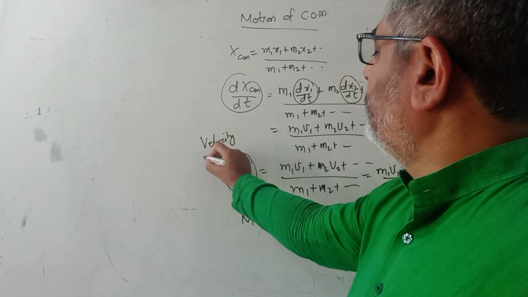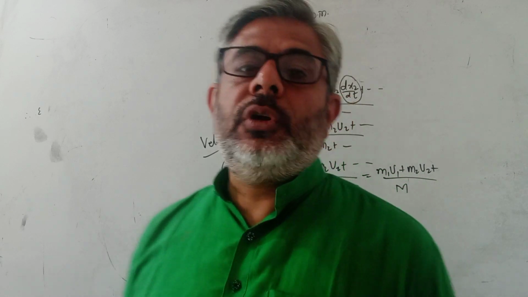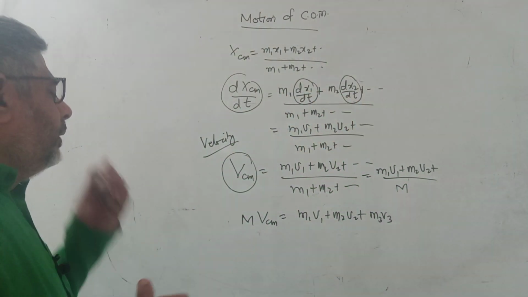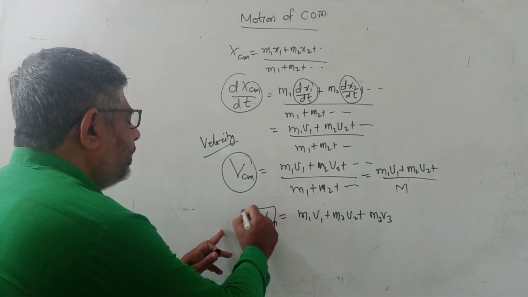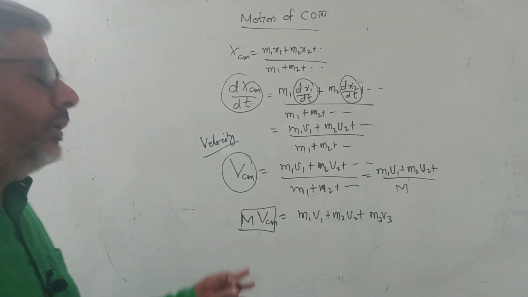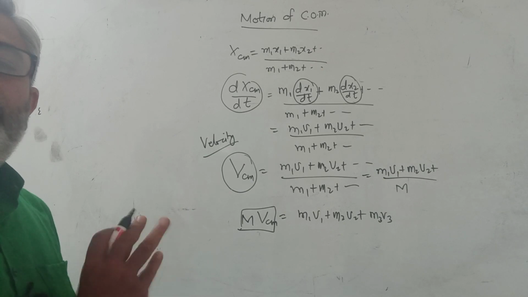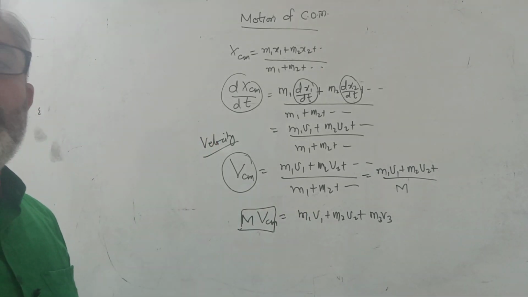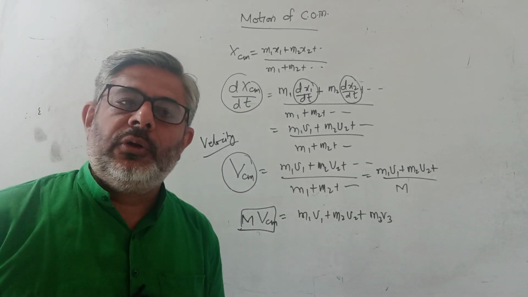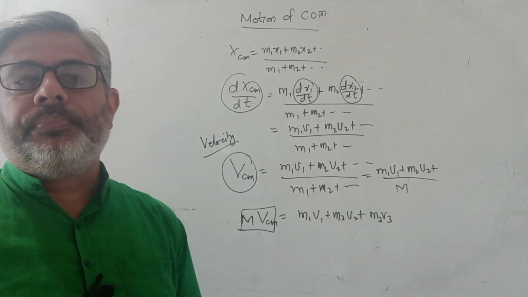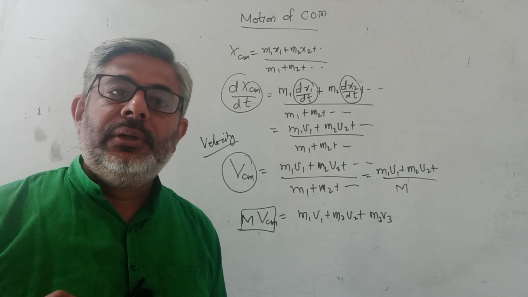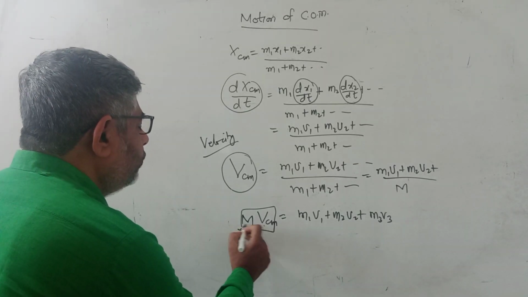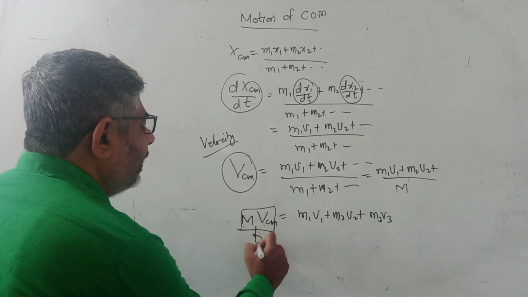Let me mention it here because you may think it is speed. It is not speed, it is velocity of the center of mass. Now all of you have heard a very important quantity, m into vcm. You may not be clear about it yet, but you can recall a little bit. There is a quantity that is the product of mass and velocity, which you call momentum. So when I say m into vcm, we can write it as pcm.